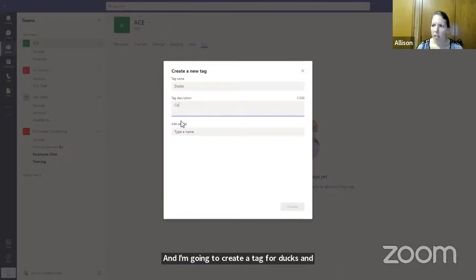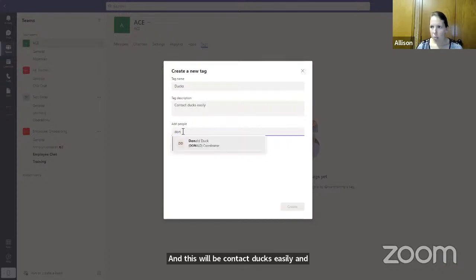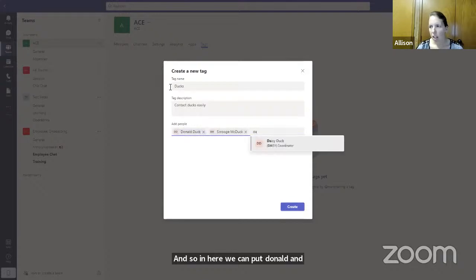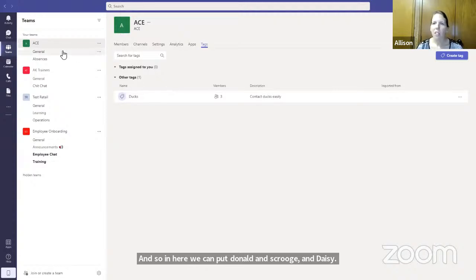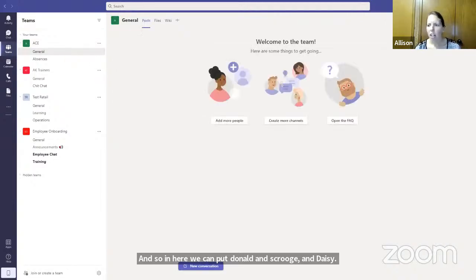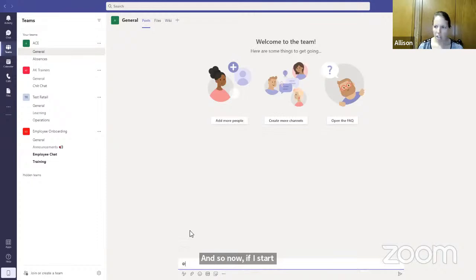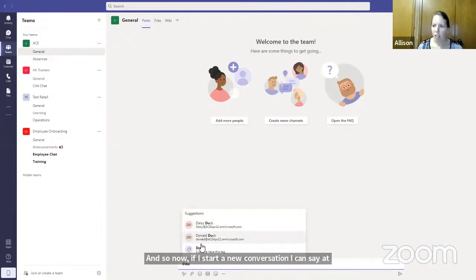And this will be to contact ducks easily. And so in here, we can put Donald and Scrooge and Daisy and create a tag. And so now if I start a new conversation, I can say @ducks,